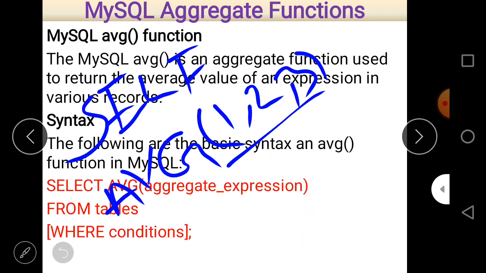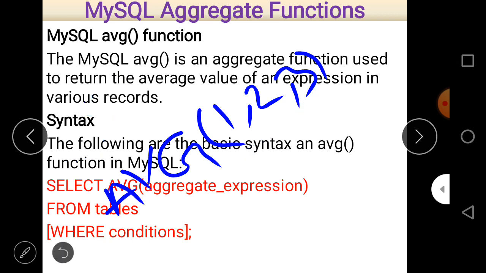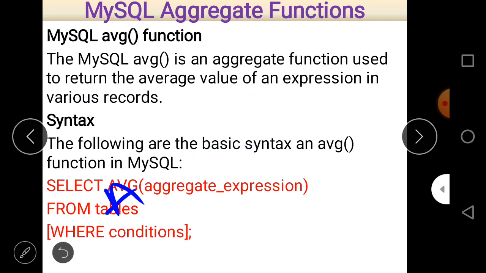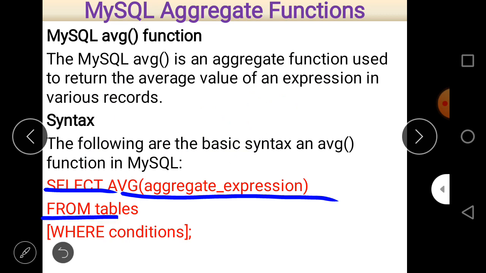But when there is a table given, then you can use the average function with that table. So just write select, after that the AVG expression, then after from the table, and if there is a condition, then just write where condition, and always mark the condition with the where clause, and at last there is a semicolon sign.